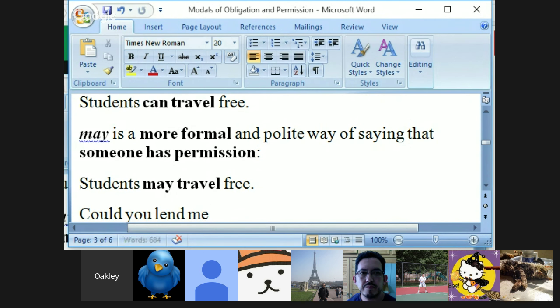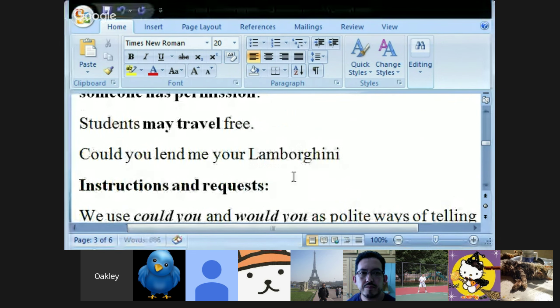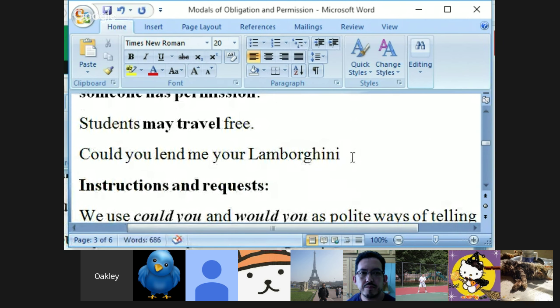I don't know how to spell Lamborghini. Is that right? No. Me neither, but it sounds right. Oh, there you go. I got it. My Microsoft knows how to spell it. Of course they do. Bill Gates probably has a Lamborghini. All right. Anyway,